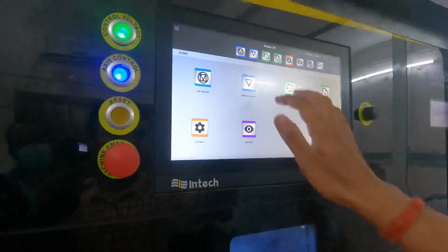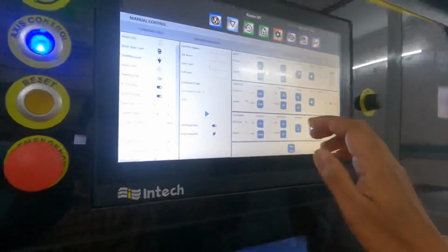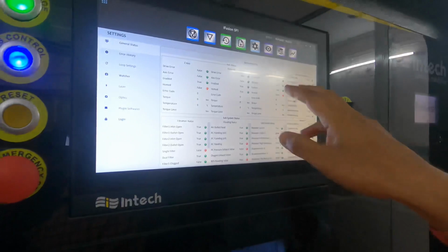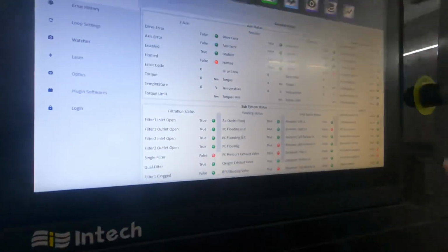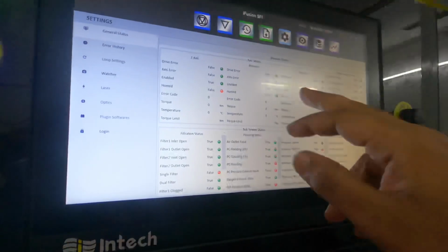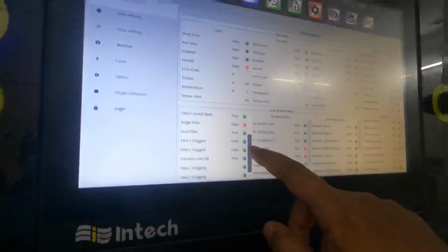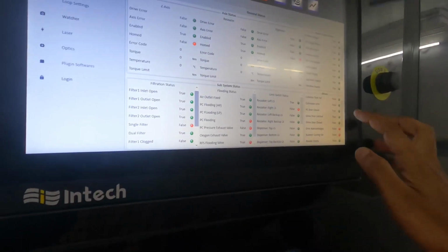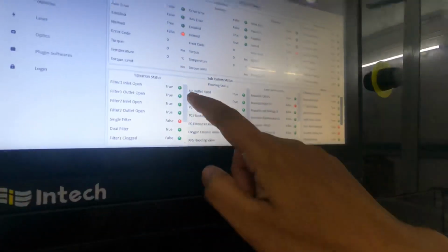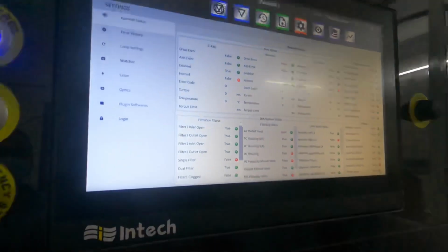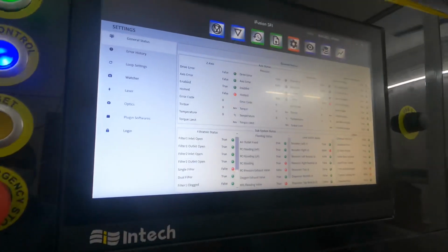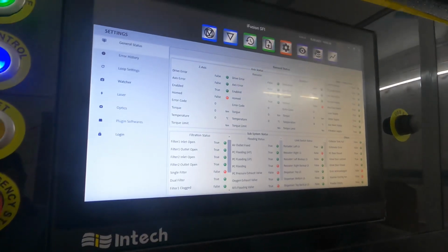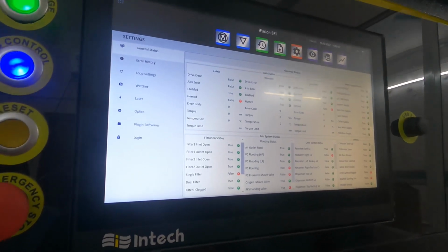There are some primary things you need to check before starting the print. This is showing the status of each and every hardware attached to the machine. You can see the axis status, filtration status, subsystem status, and all the other things. The filter is used as we are using the blower. The blower takes the condensate and sends it to the filter. After some time the filter is clogged, so the oxygen percentage suddenly increases and the part quality can be bad.